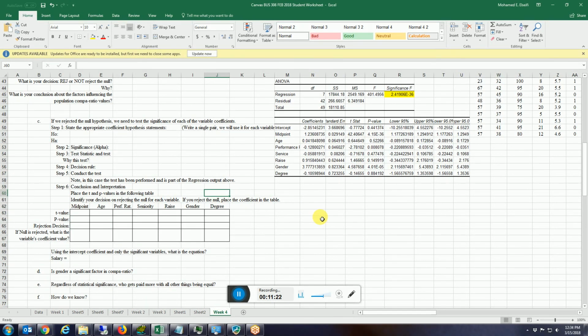Now that we know that the model overall is significant, we have to see which variables are actually significant. Maybe some variables are useless and are not doing any job in predicting the salary, and essentially we need to remove them from our prediction equation because they're not really related to salary and don't help predict it. So in that case, we want to look at each variable independently, and we want to look at